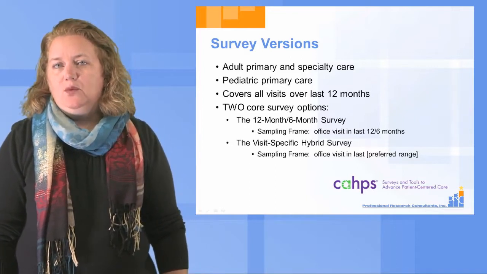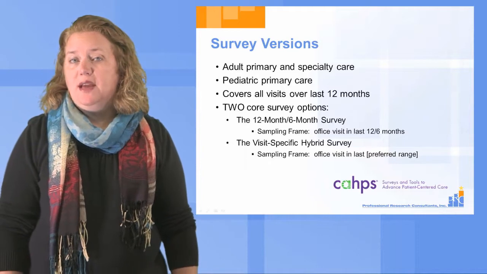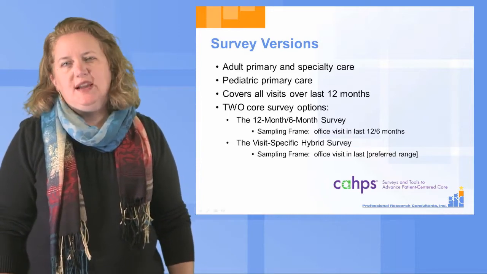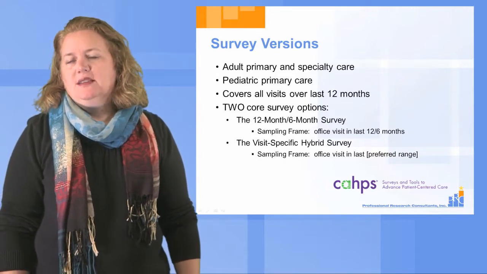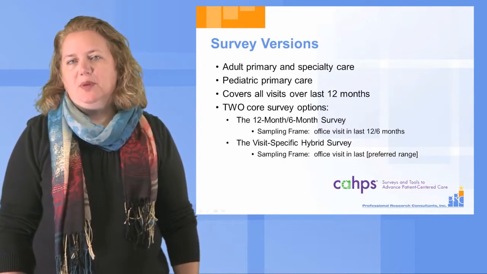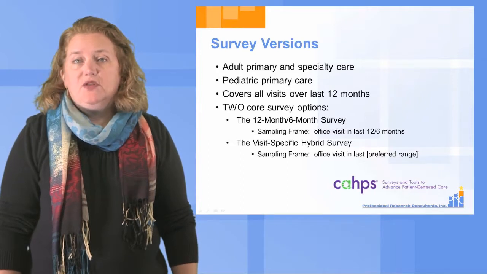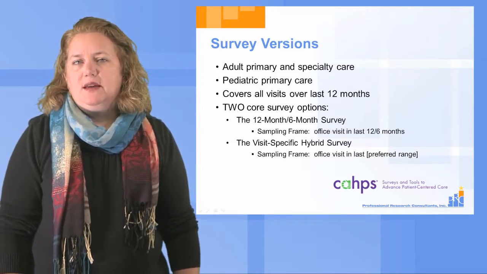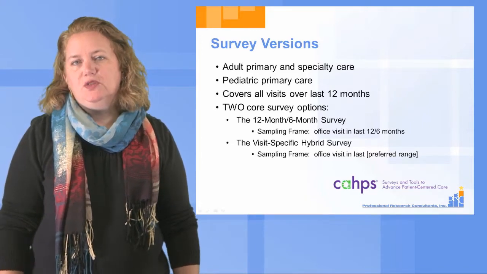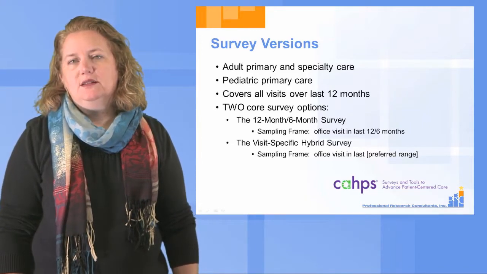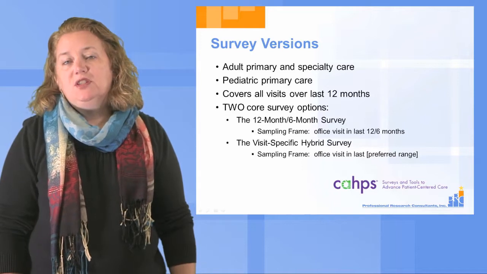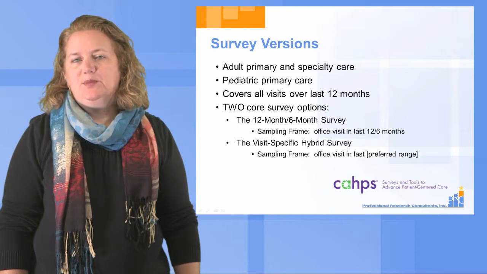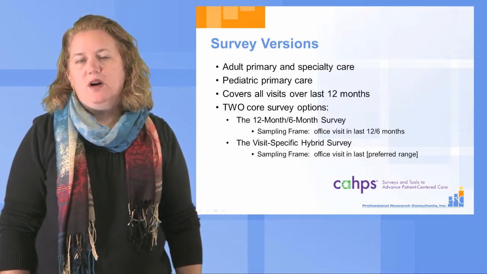So as a starting point, we've got 3 versions to cover 3 different categories of patients, and a medical group would need to identify which kinds of patients they want to measure. Some may only want to talk to adult primary care patients. Some may want to conduct surveys with all 3 of these patient categories. The next decision to make is this: what do you want to use for the survey questions' frame of reference? The first survey developed used a 12-month frame of reference, asking patients to reflect on all of their experiences in that doctor's office over the last 12 months.